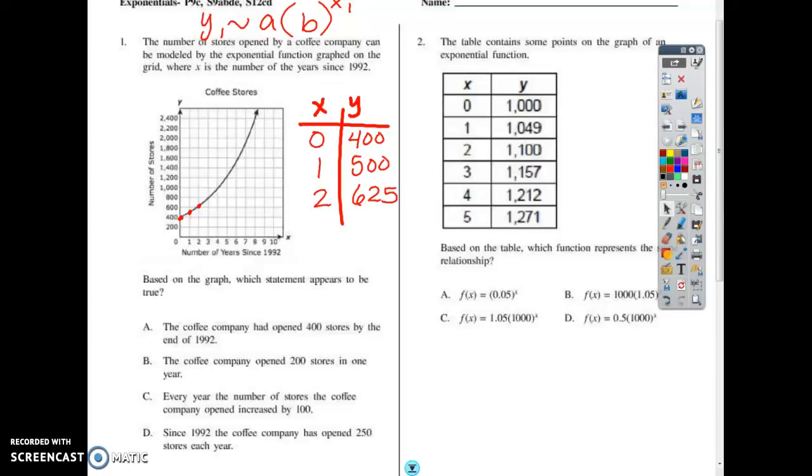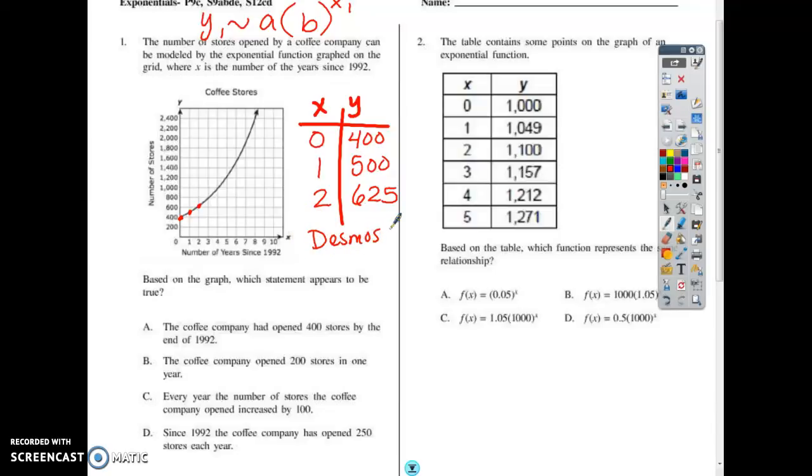Okay guys, this is the review for tomorrow's test. I went ahead and added the table for problem number 1 because you can't see the points and we need the equation in order to answer this question. So go ahead and pause the video, write down the table, and let's go ahead and add it to Desmos